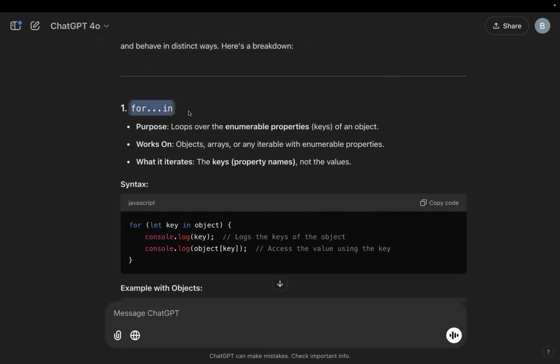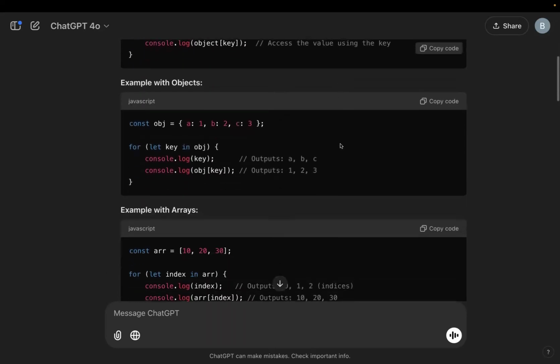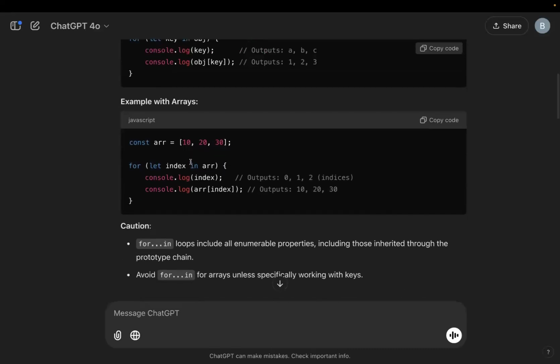Basically, for in loops over enumerable properties or keys of an object. So in the case of an array, we're talking about the indexes. So for example, here, if we have an array of numbers, which is 10, 20, 30,